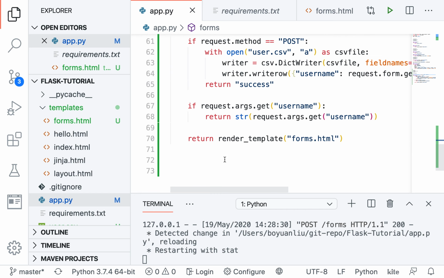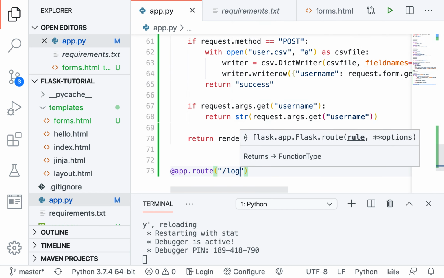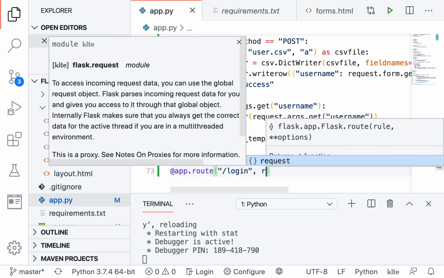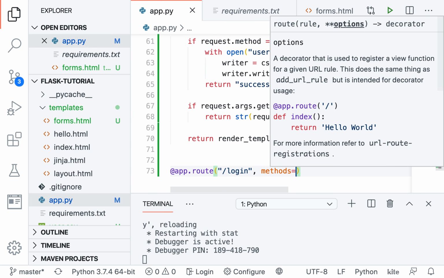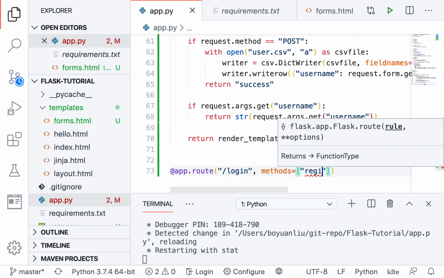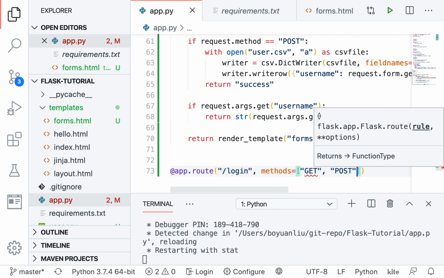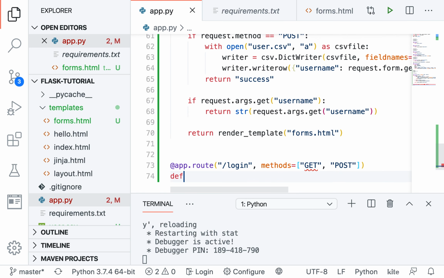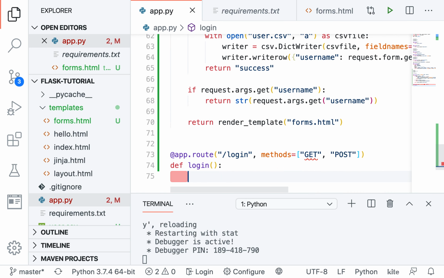So let's create another route. Add the route login, which takes two methods, GET and POST. So define login. If request method equals POST, then we're going to